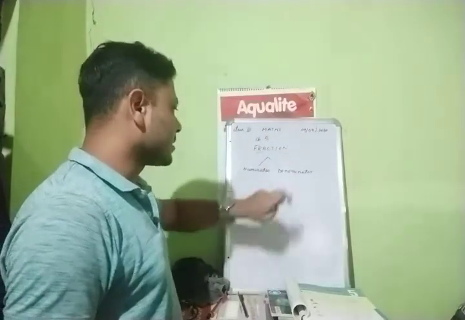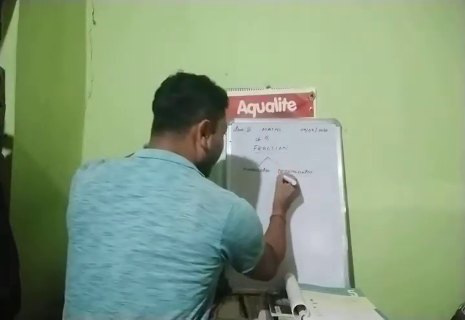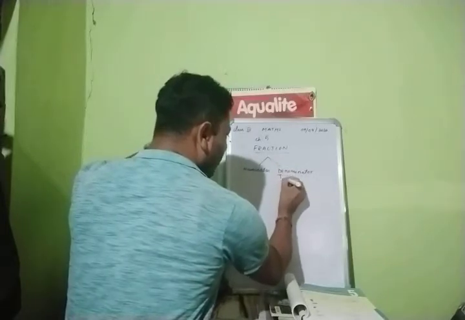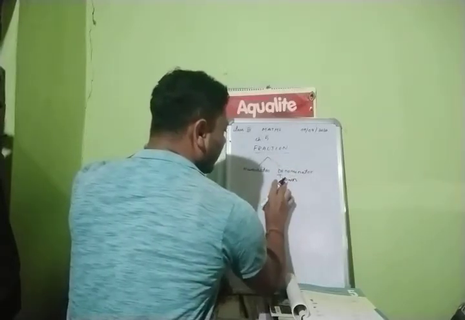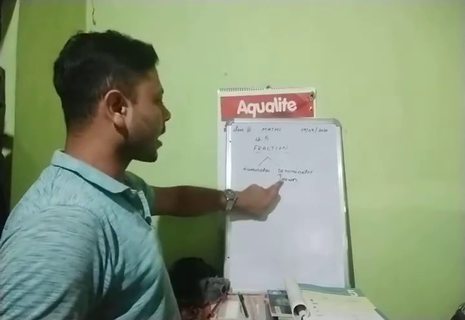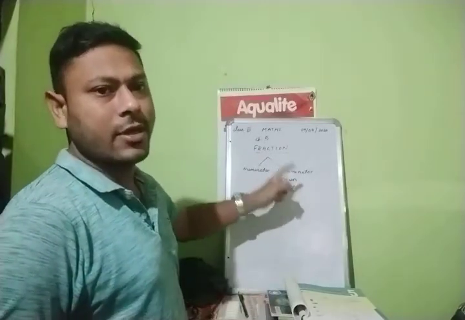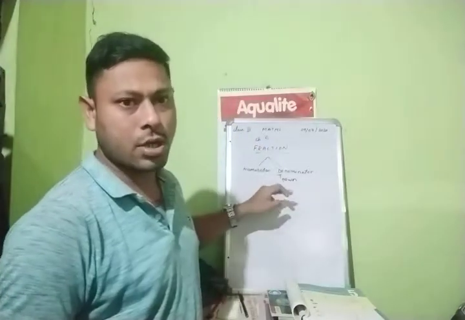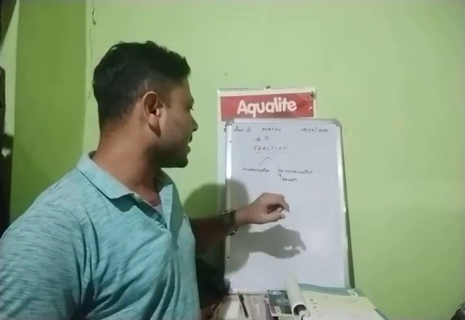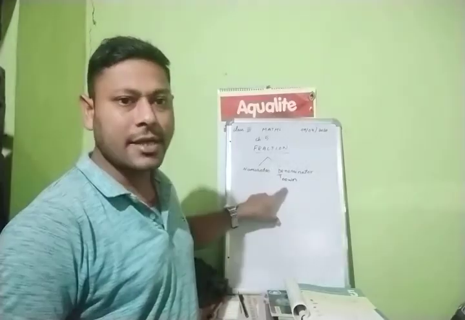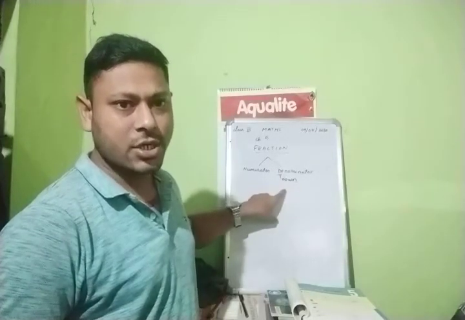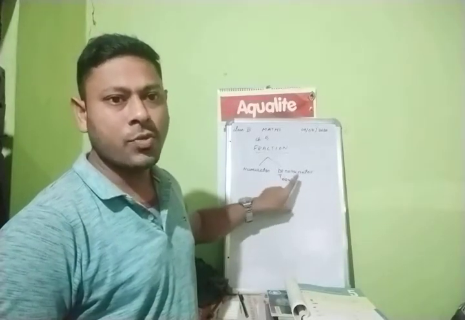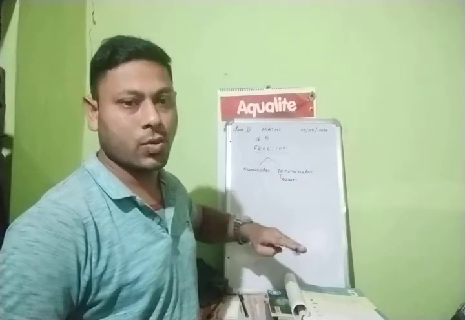I'll give you one hint. What is this? D, right? D for down. D for down. Can you remember this? If you forget which one will be on the top and which one will be on the bottom, you do one technique. D stands for down. So in a fraction, denominator will be down, below.